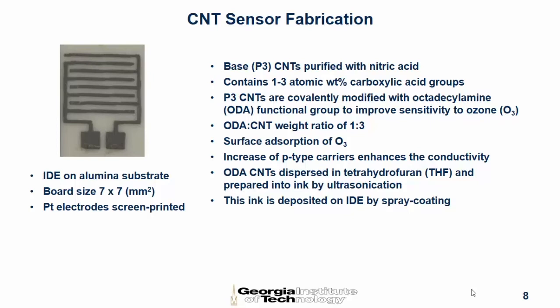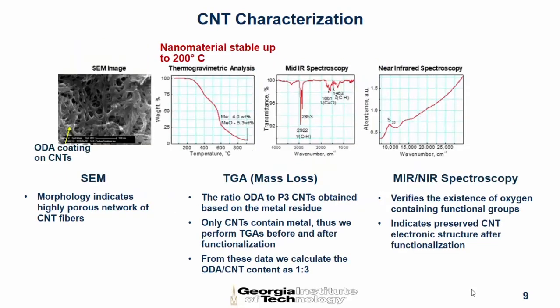So this is the solvent that we used. The ODA CNTs are dispersed in the solvent and prepared into ink. And then this ink is sprayed onto the electrodes by spray coating. Some of the physical characteristics, this is the